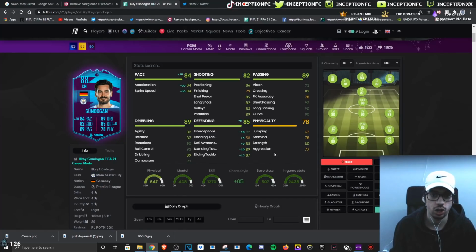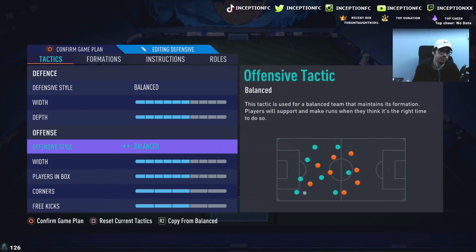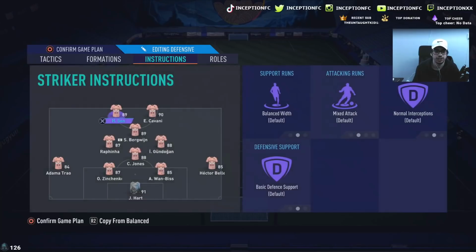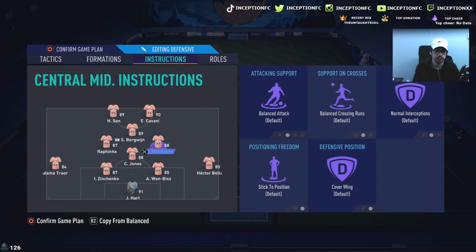So with a card like Gundogan in the team, we are going to be using the 4-1-2-2, playing him like this. We're going to have 6 and 6, 6 and 6 for the balance on both. And then we're going to be using him in the right center mid position, and we'll use the rest of the team as is. The only instruction I'm going to have on him is balanced, right? So just cover wing, nothing touched on him,